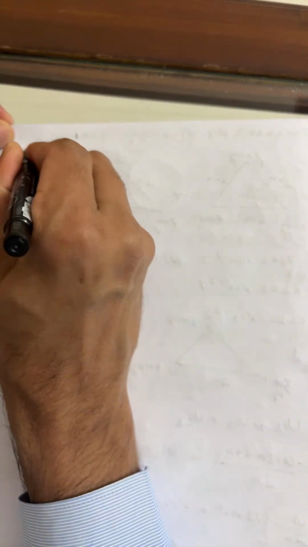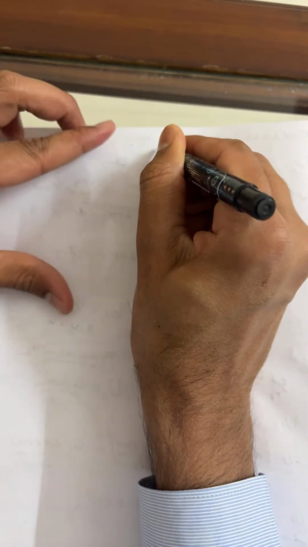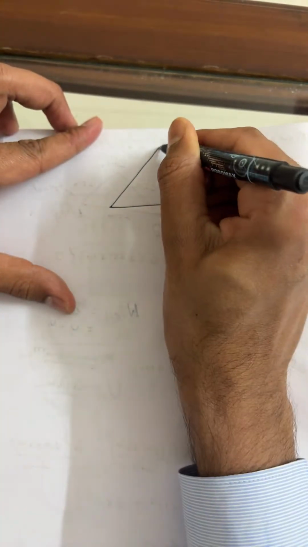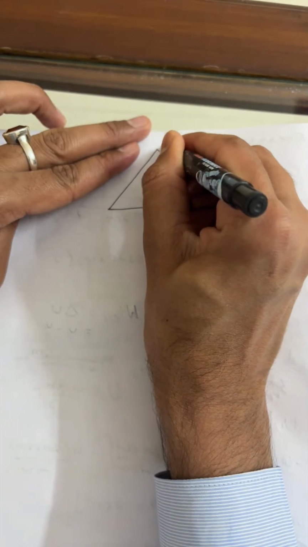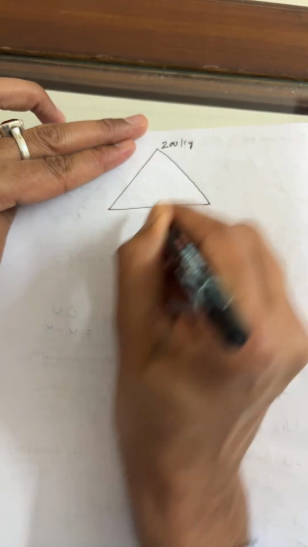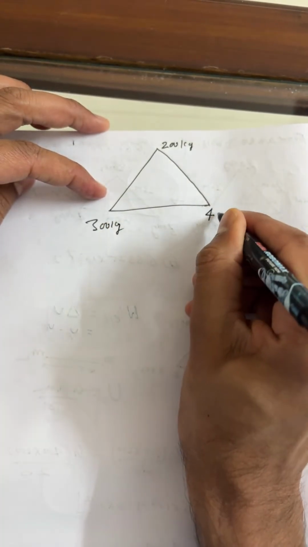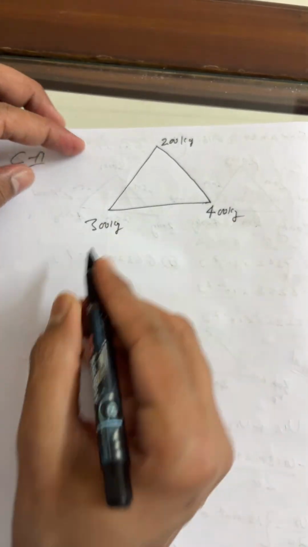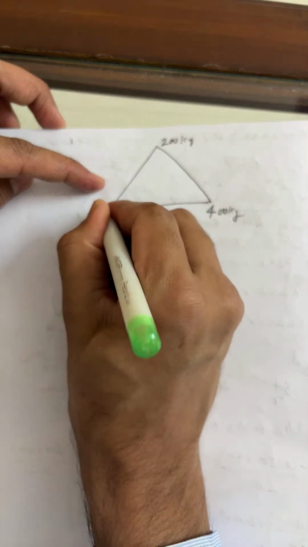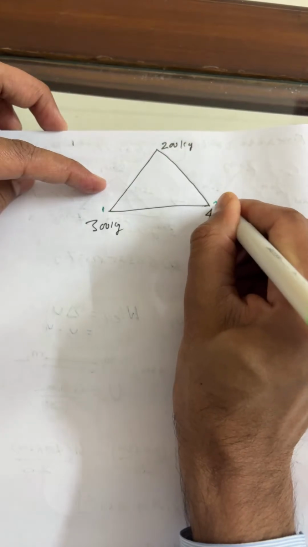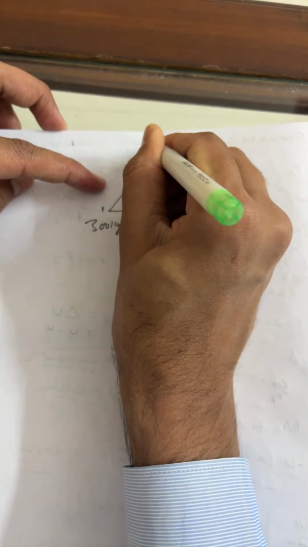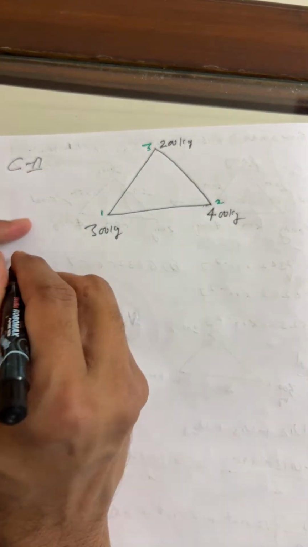Now beta ji, have a look, I can see the next part. This is case 2. In case 2, the masses remain the same but the side is increased by 4. So you can tell, my dear, this is 200 kilogram, this is 300 kilogram, and this is 400 kilogram. So again I'll make pairs here: this is 1, this is 2, this is 3 only, right? So again I'll apply the same formula